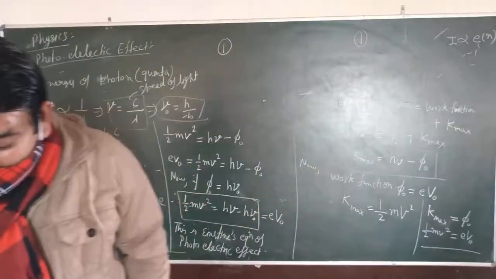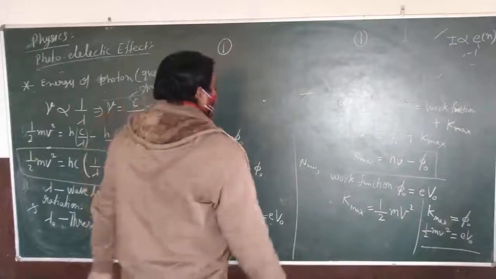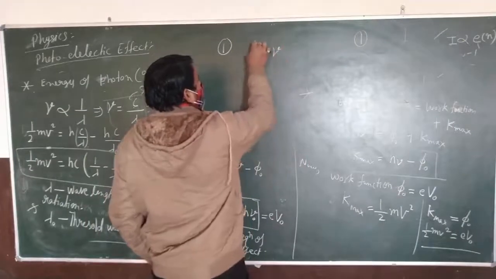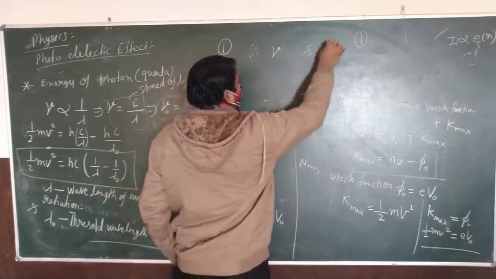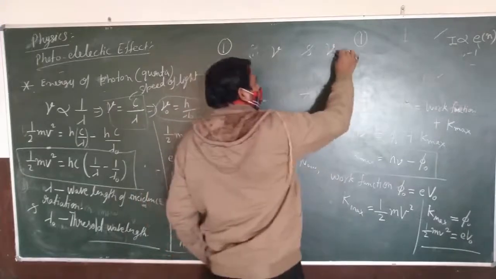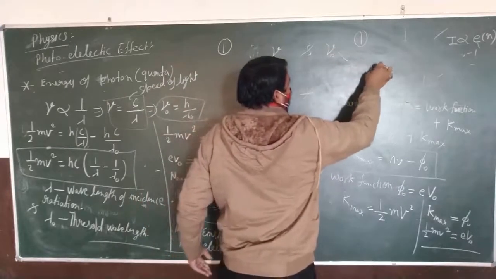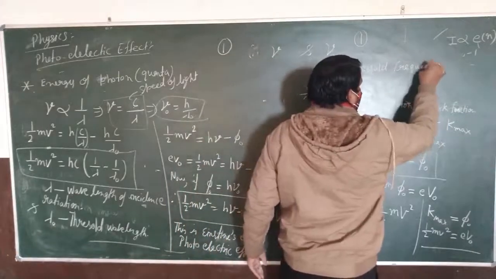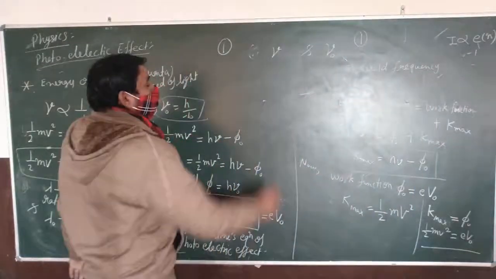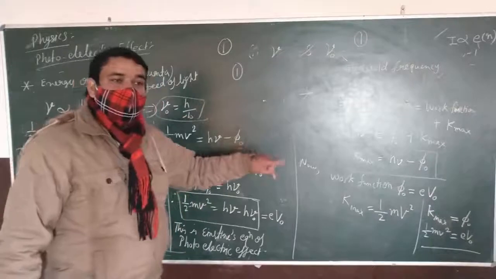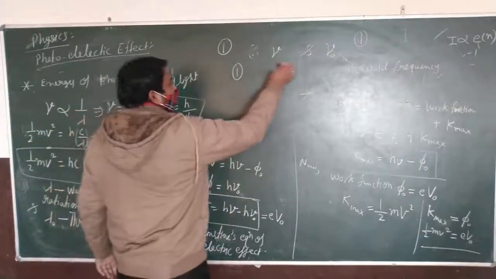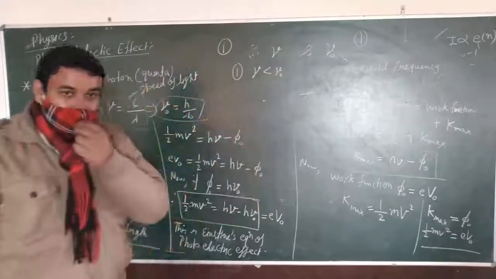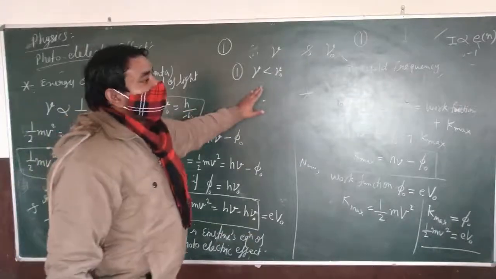Okay. And second, he assumed that if we have two light rays, one of frequency nu and one of frequency nu naught, where this nu naught is the threshold frequency. Okay, threshold frequency. Just understand here two things. Okay, see. According to the explanation of the second law of photoelectric emission, if this nu is smaller than nu naught, clear? If nu is smaller than nu naught, there is no emission.